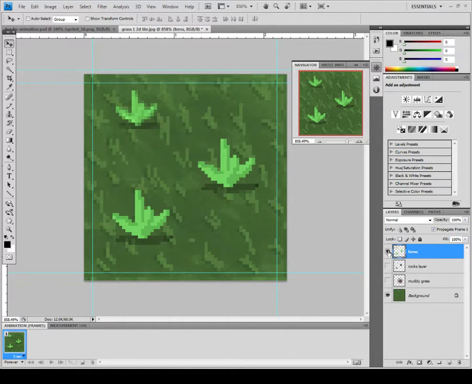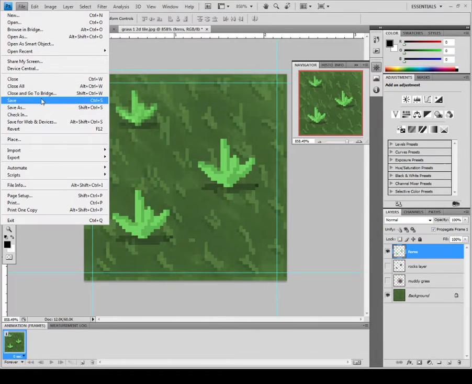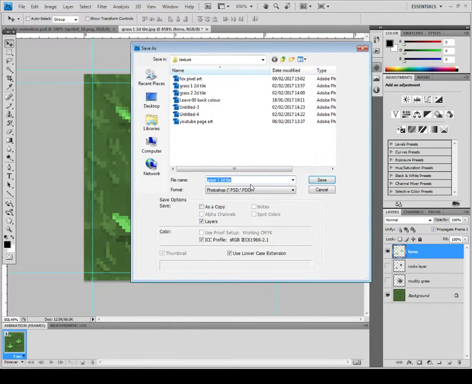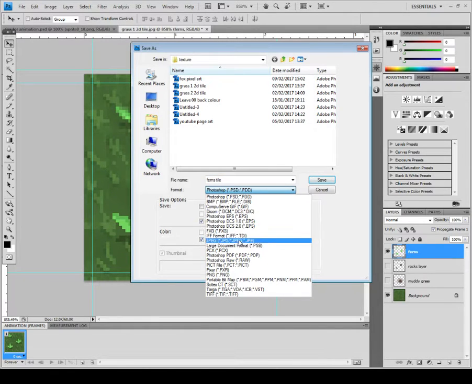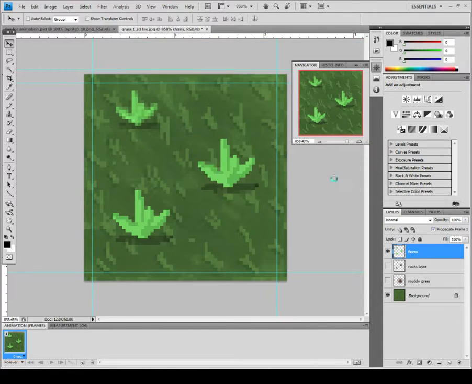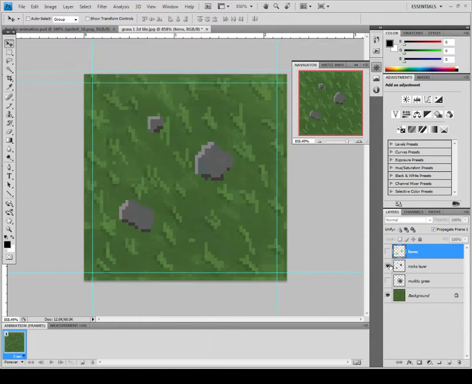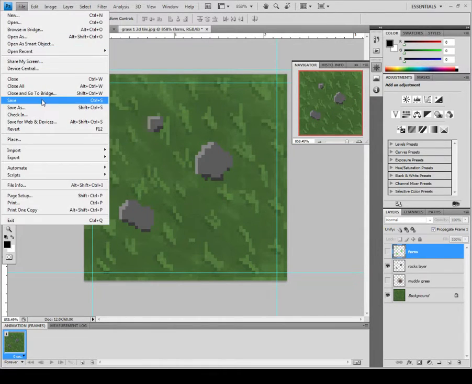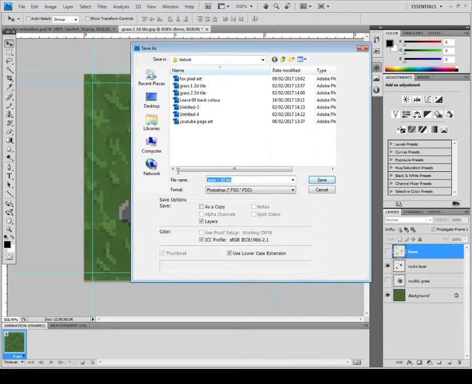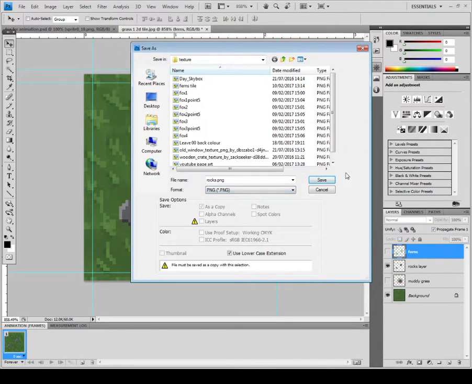Now with this layer with the eye tool still on, I'm going to save that as fern style and change the file type to a PNG, so it's nice and lossless. Turn the eye tool off for ferns, turn it on for rocks. Go File, Save As, Rocks, PNG again, click Save,